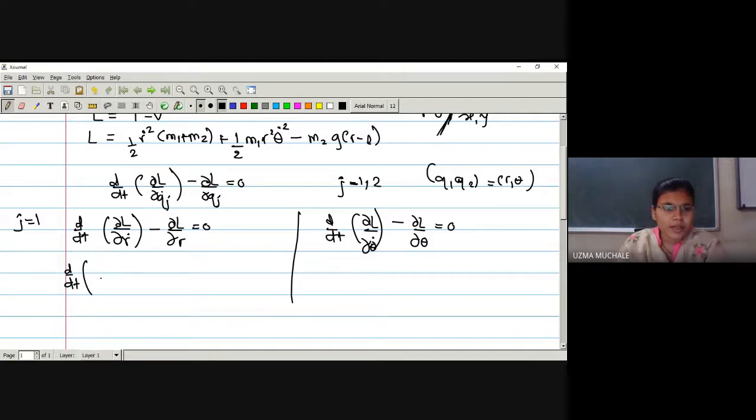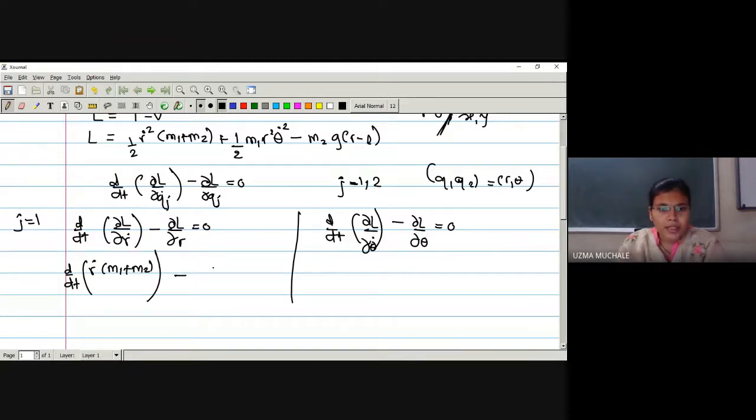We have to find the derivative with respect to r dot. There is only one term with r dot in L, that is the first term. There is no term of r dot in the second term or the third term. So we differentiate the first term and that will be 2 r dot. The 2 gets cancelled. We remain with r dot into (m1 plus m2), which we keep in the bracket.